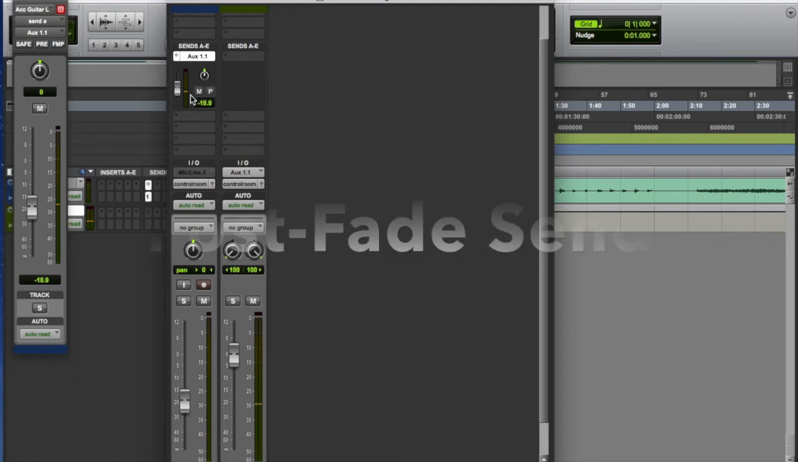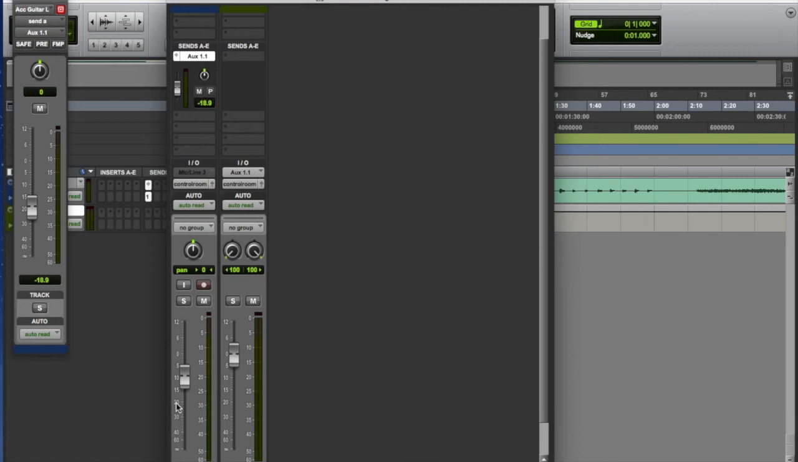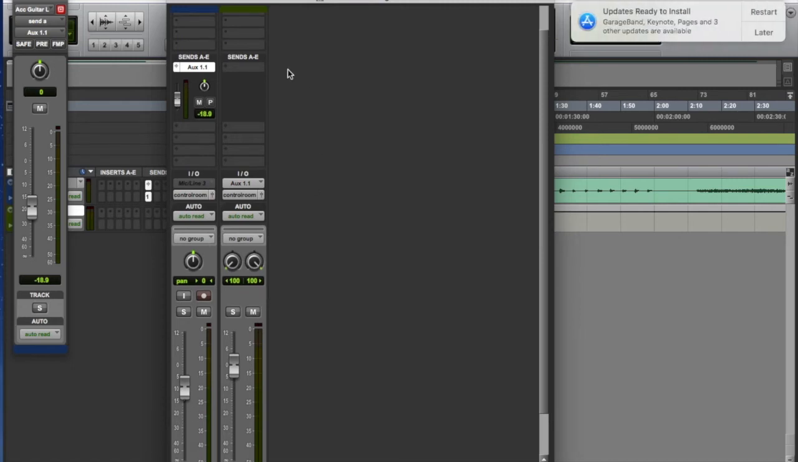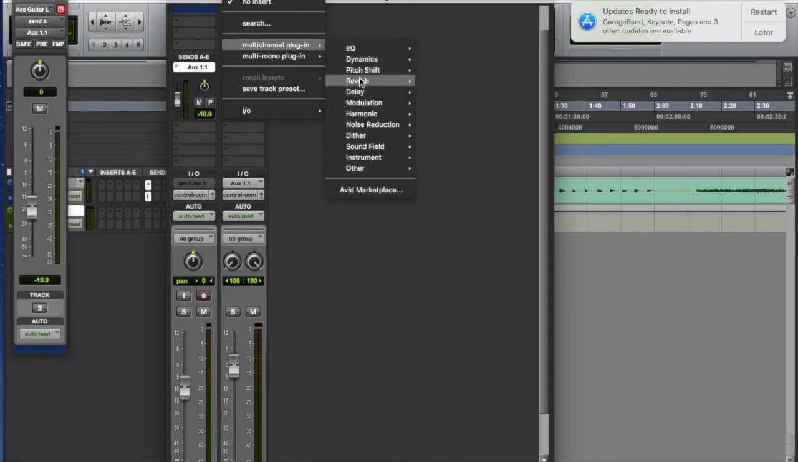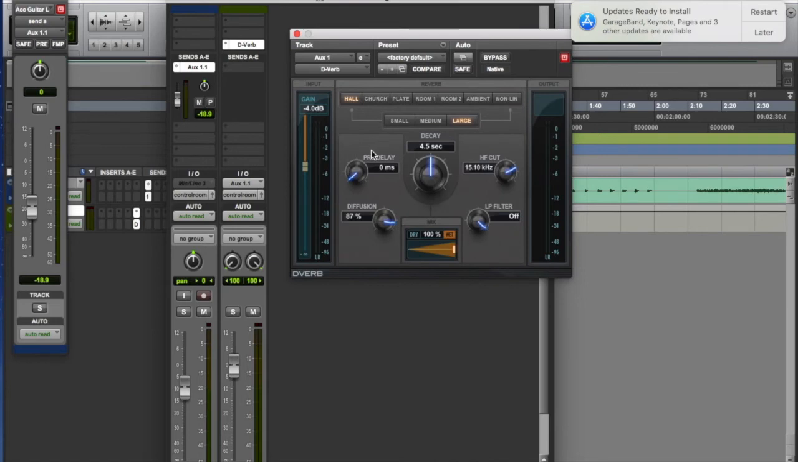Okay, so it's a post fade send that is affected by the output level of that fader. Now that is good when we're using things like reverb. So if on this auxiliary send that I've sent it to, I put some reverb, just use good old D-Verb, again, that means that I can now